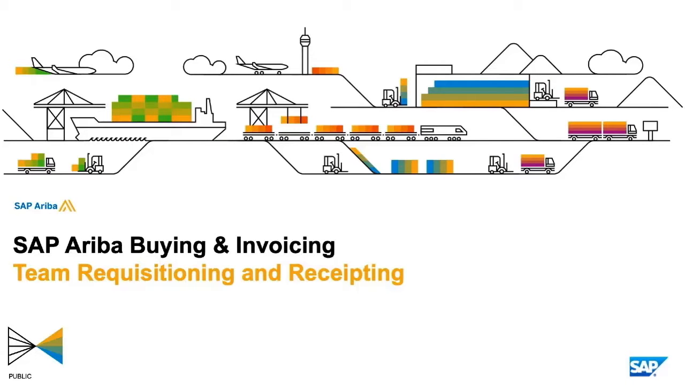This is a do-it-yourself video on the team requisition and receipting feature. This feature enables a user who is defined as a team member in a preparer's user profile to access the requisitions created by the preparer, including requisitions that are in composing state. Prior to this feature's release, there was no support for multiple users working on the same requisition to finalize it